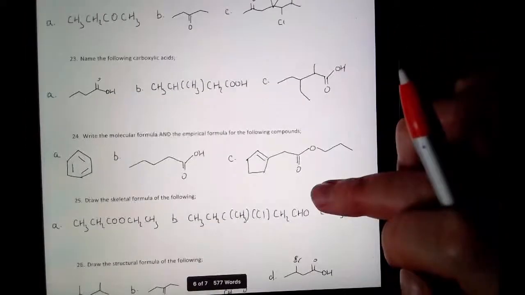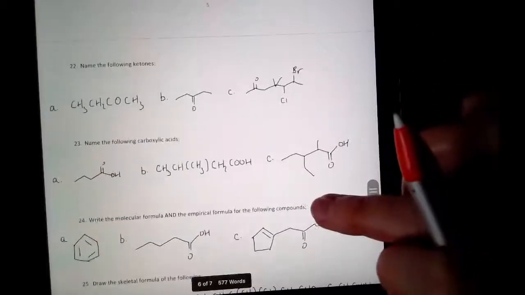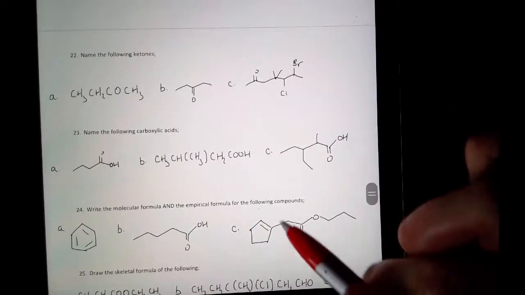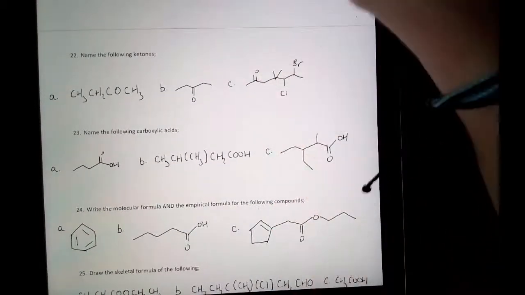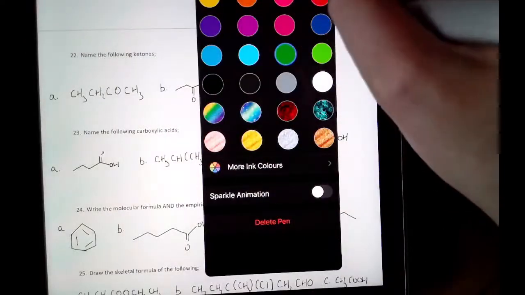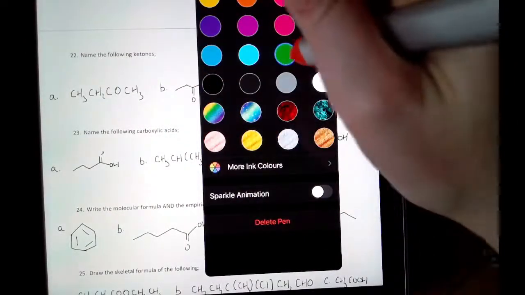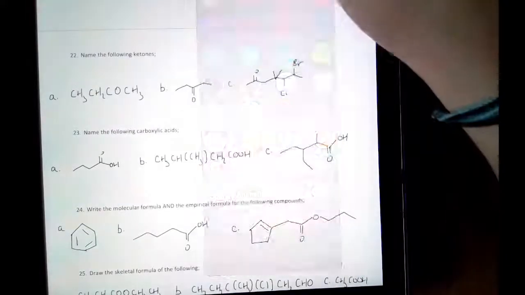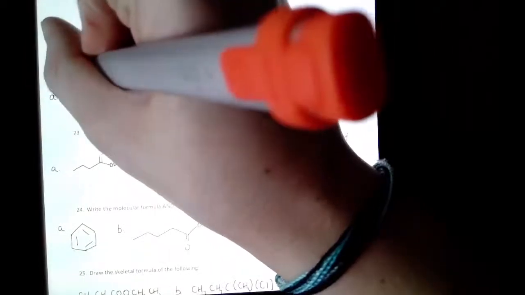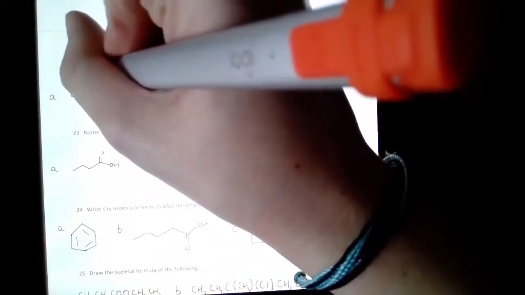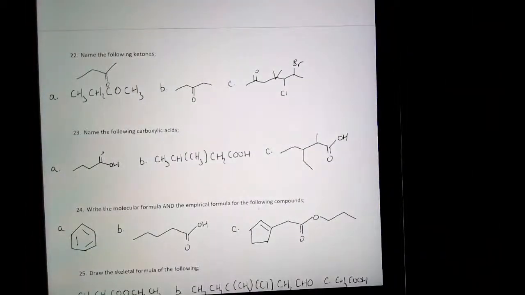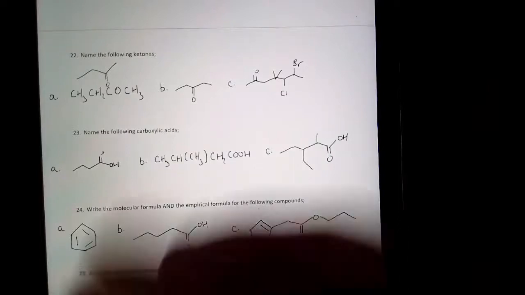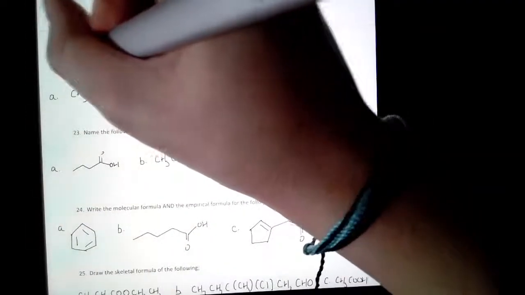Name the following ketones this time. So here I have got 1, 2, 3, 4 carbons. If I were to draw it, I have CH3, a CH2, a C, and a CH3. The double bond O would be there. You always give the lowest possible number to my carbonyl group, so I'm going to number from right to left, and that makes it